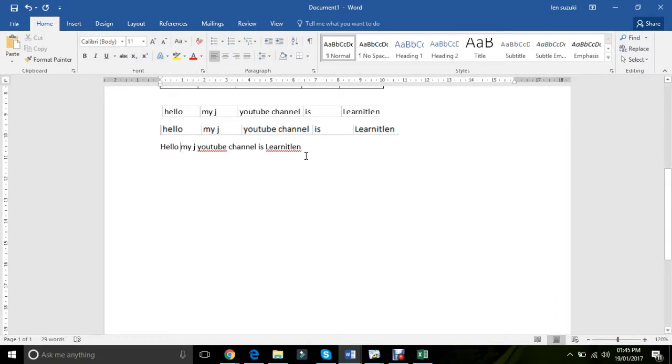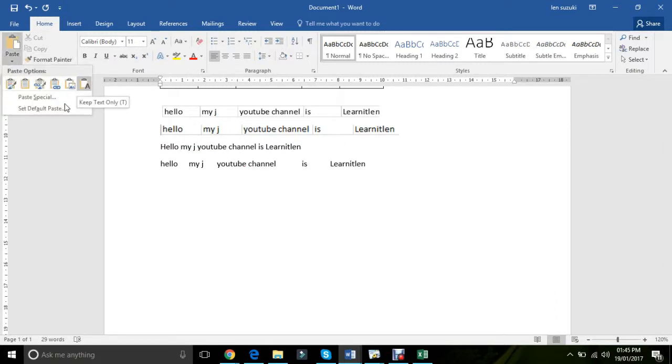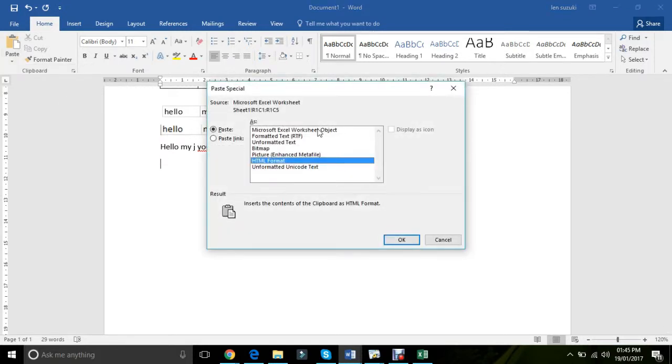I don't think I need to explain this one. I think it's pretty self-explanatory. It just keeps it as text only. Now these are paste specials, you know, and